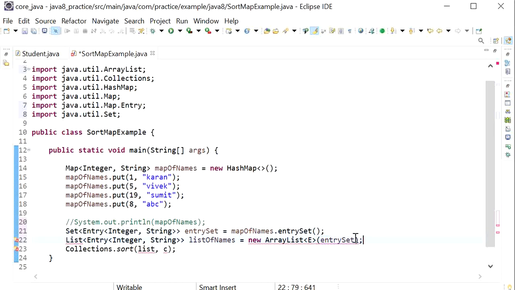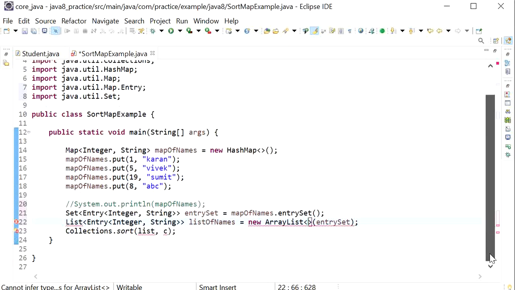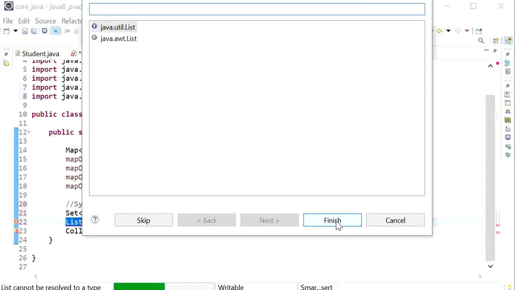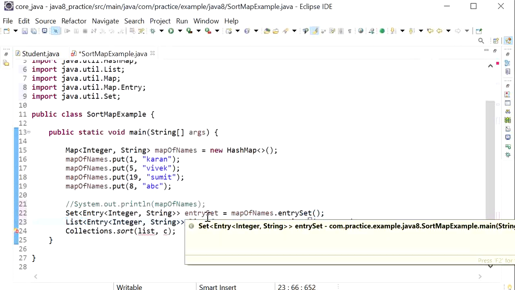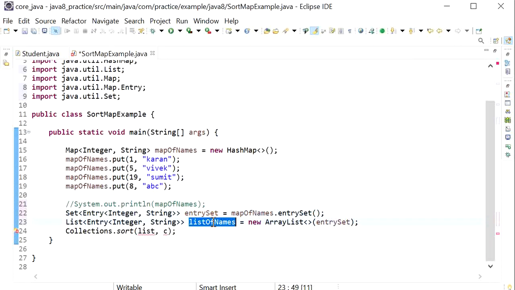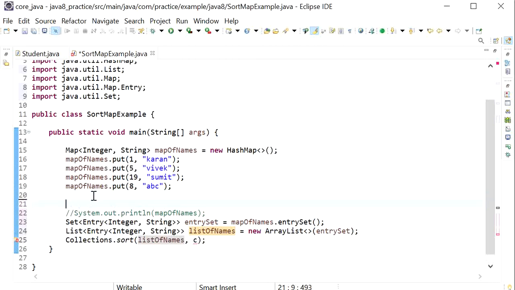So it will convert our set into a list. Now I just need to pass this list of names into our Collections.sort method. This is the approach we followed before Java 8.